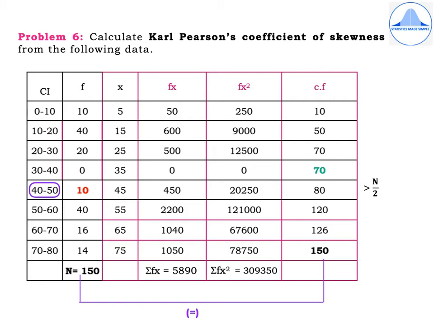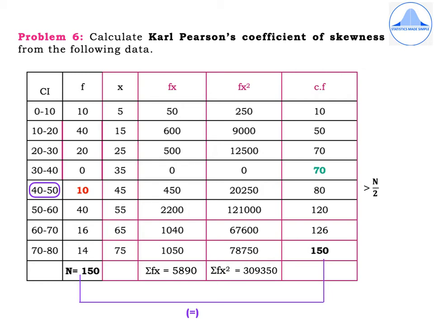Now the first step is to calculate capital N, which is the sum of the frequencies, which is equal to 150. Now, if you observe the frequencies carefully, the value 40 in the frequency column repeats twice. So, the given data is ill-defined. And whenever the distribution is ill-defined, we have to use Karl Pearson's coefficient of skewness for mode being ill-defined. And the formula is S equal to 3 into x bar minus m divided by sigma.